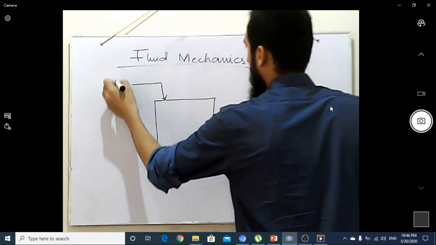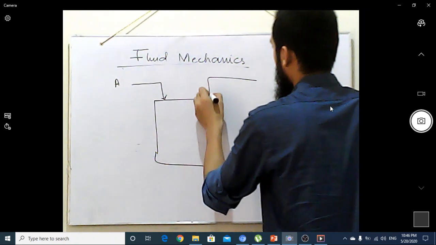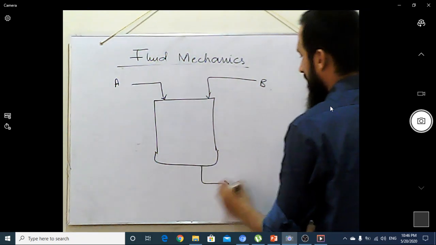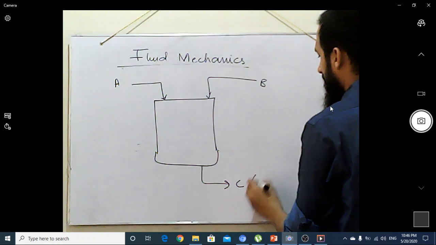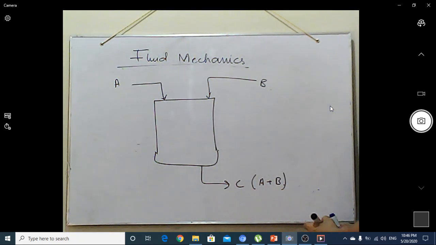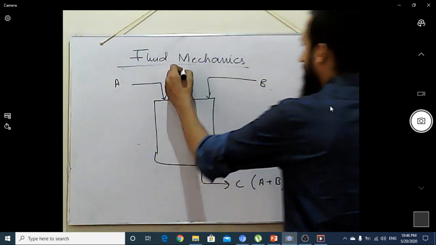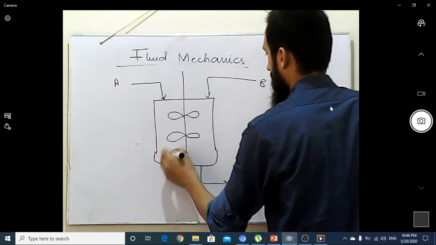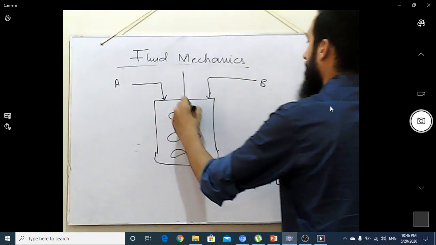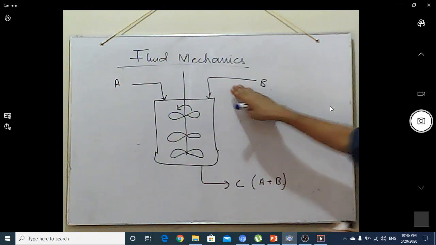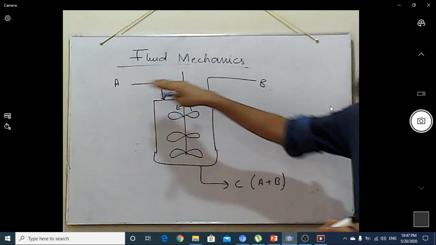You are feeding A, you are feeding B, and you are receiving C, which is equal to A plus B, just mixing. You are homogenizing both these things. And there is an agitator here